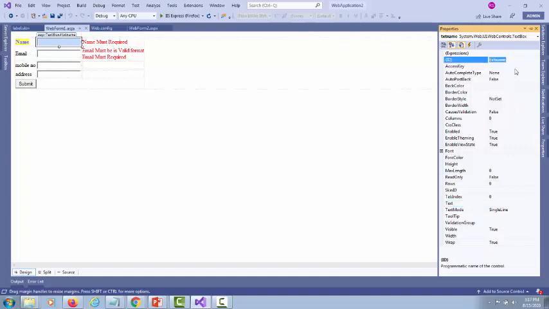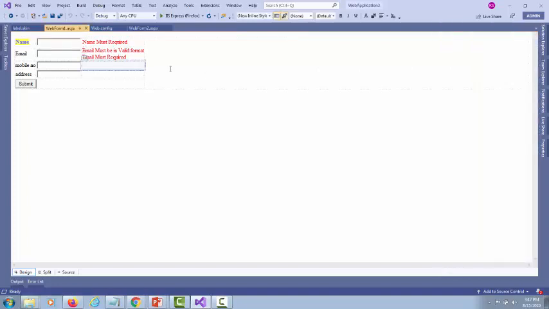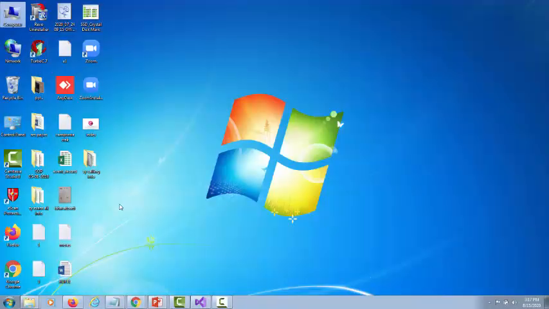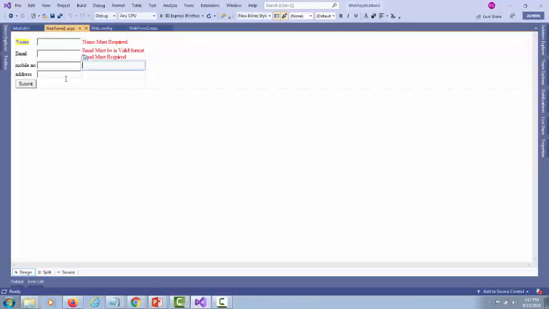Here I gave txtName. As I said previously, you have to follow a naming convention, so here we are following it. Again I took another text box with the ID txtEmail.